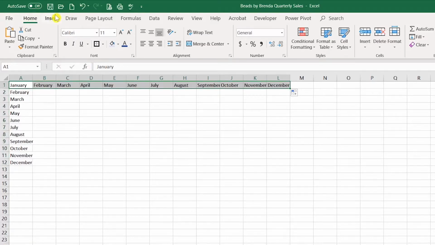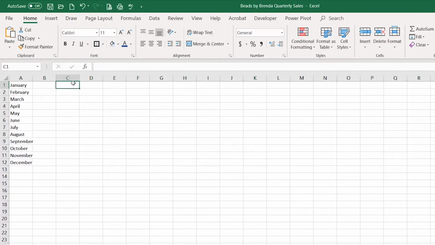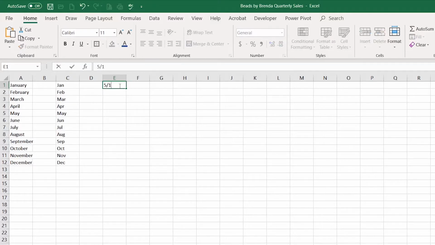I'm going to go ahead and click Undo that. If you don't want the whole month typed out, you can abbreviate. Another pattern that we use in Excel is to track things over a period of time. So maybe you want to type in today's date,